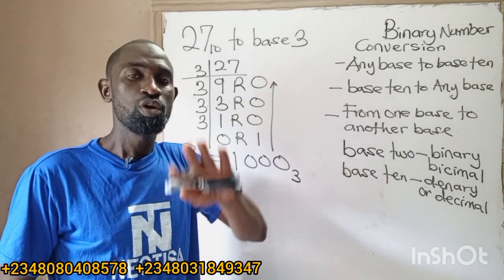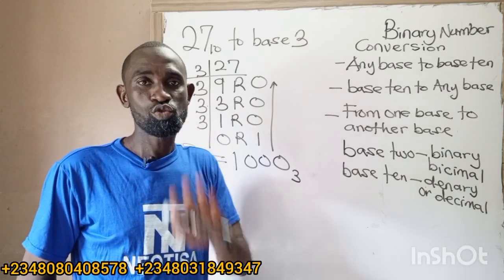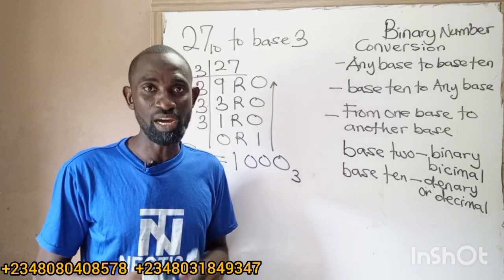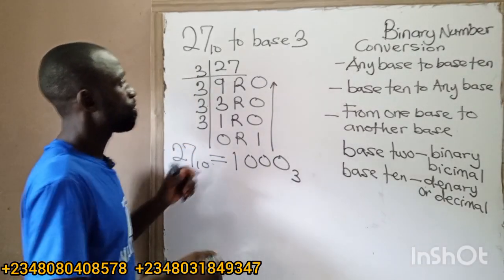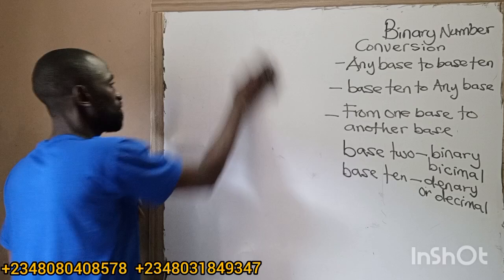I want to give us a shortcut. This video will entail many shortcuts that we can use to solve questions in JAMB Mathematics. So let us go from any base to base 10. Let's do that, from any base to base 10. For example, if I was to convert